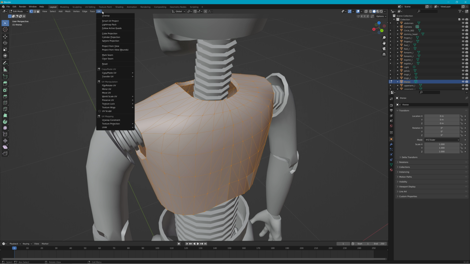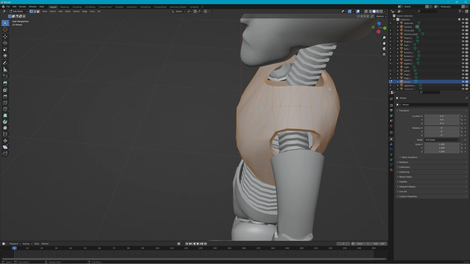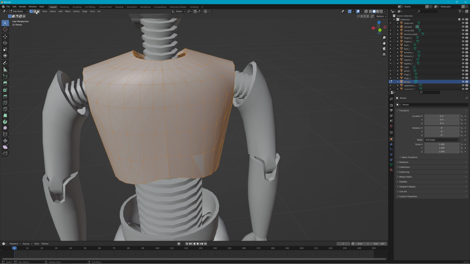Now the way you do that, like the other video where I had a visual representation of what marking a seam is doing, what we're going to do is basically mark a seam on this outside. I'm not worrying about the inside. If you wanted to do the inside too, you'd have to mark that also by going inside the dummy and tracing that line all the way down, but I'm not fooling with that. I'm just going to pick this edge select. I'm going to pick these edges here,